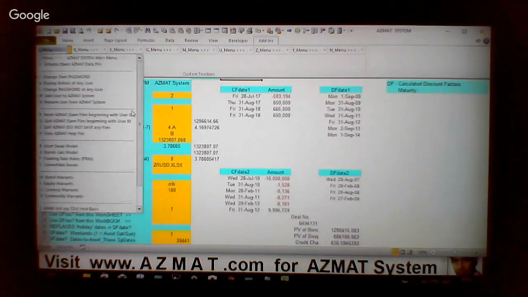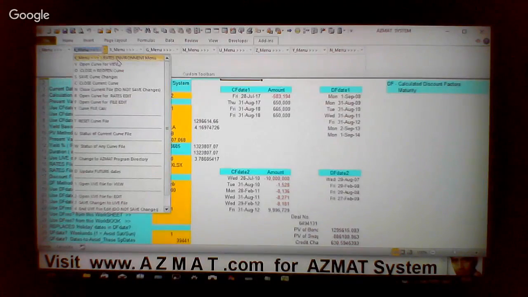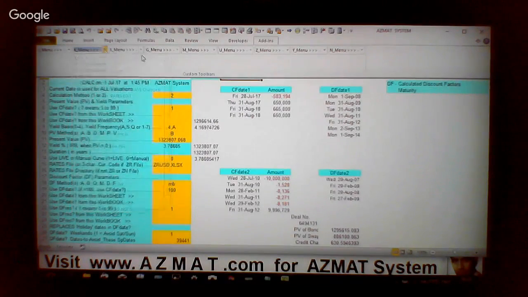more, 12 calculation models. AZMAT System swap model. Swap model is the main one. It's the star model. And all the other system-based commands are here. K menu was the rates, X menu,